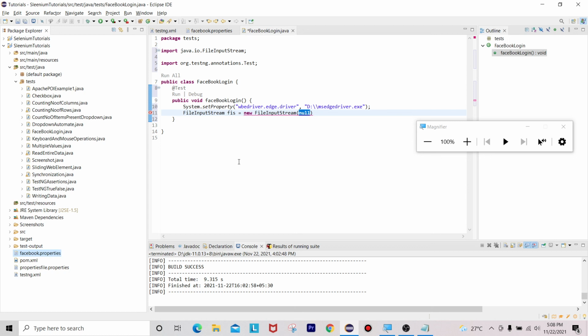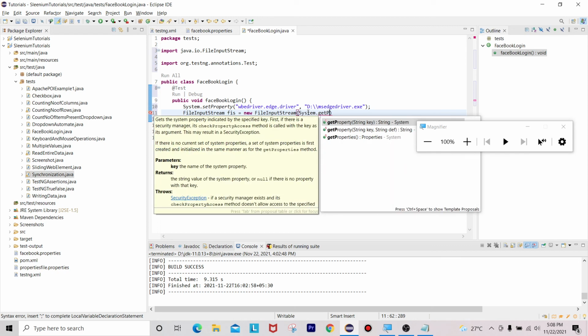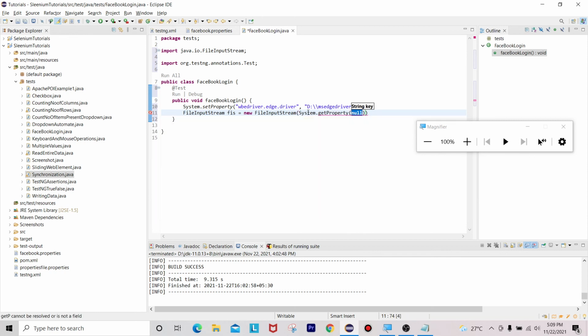Here I am using System.getProperty of the path where it is currently located.